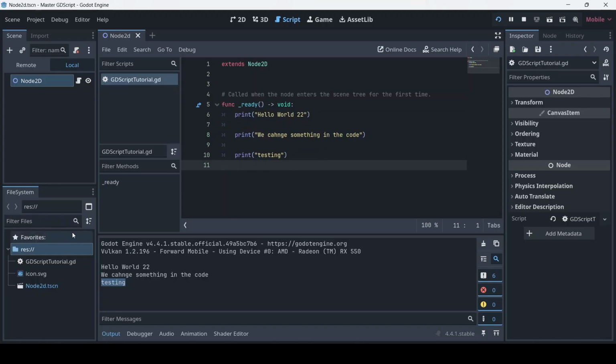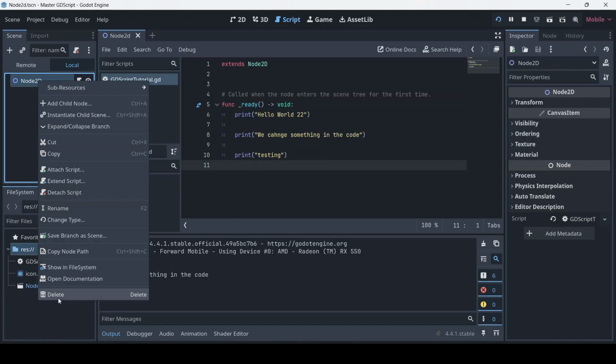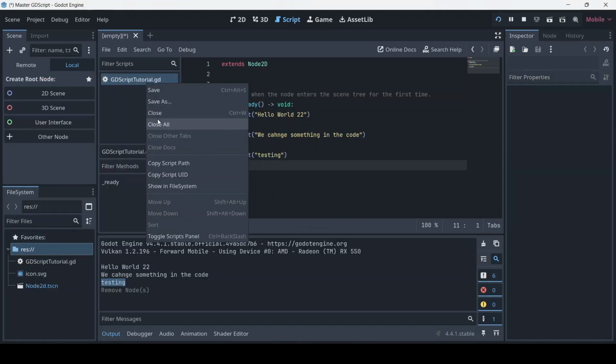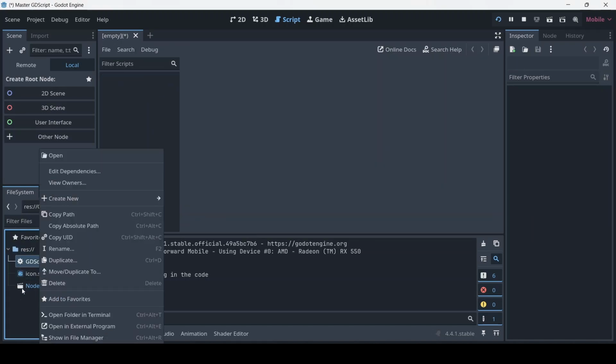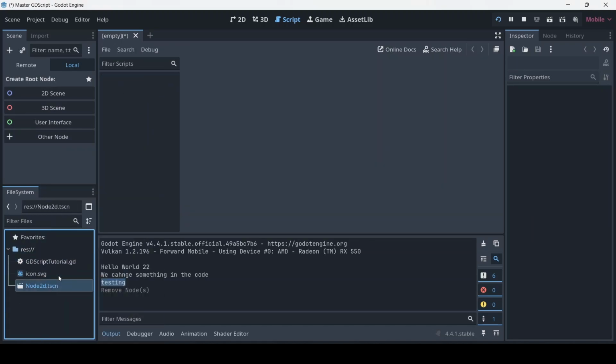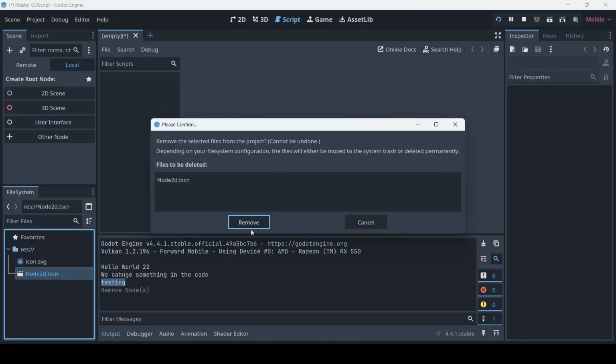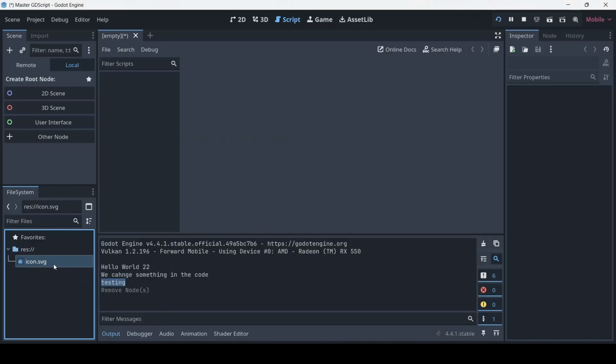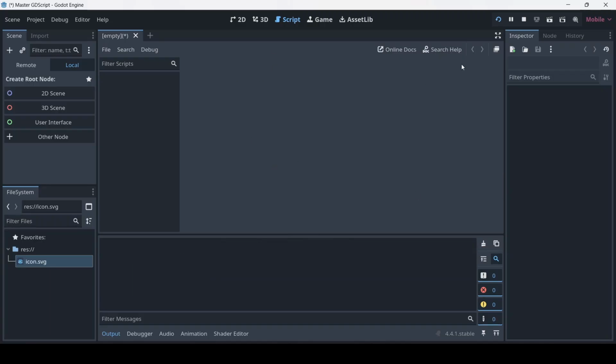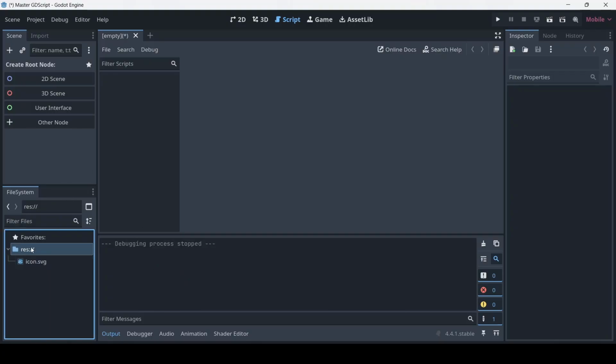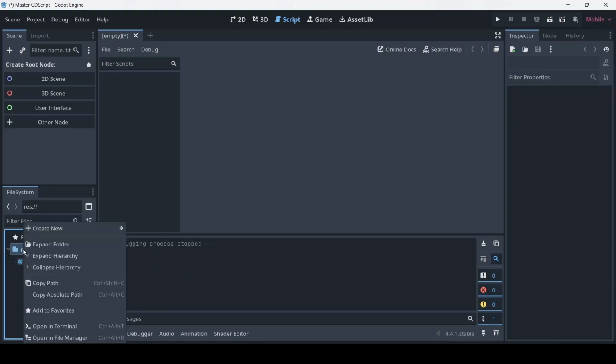So now you can delete this Node2D scene in here, and also you can close this script, and also delete this .gd and .tscn. Delete the script, remove, delete the script, remove. So we have only this icon inside the root directory. Now we are going to set up how to run the script without this pop-up and without deleting our past values. So to do that, click the root directory here,